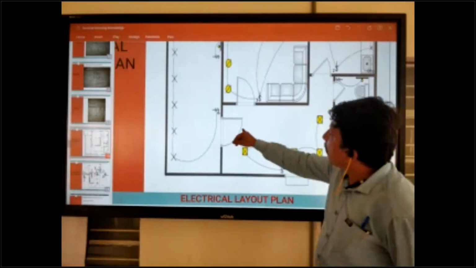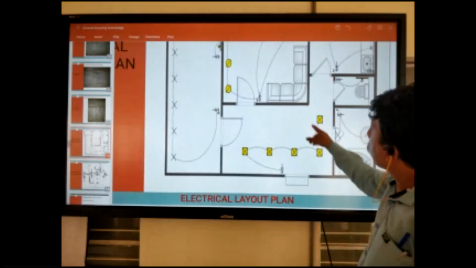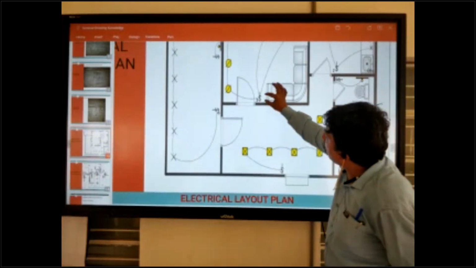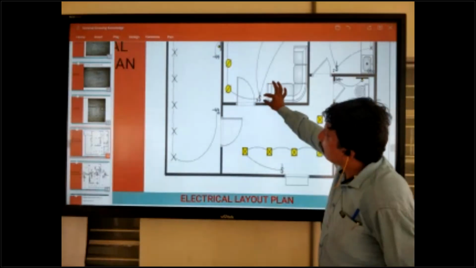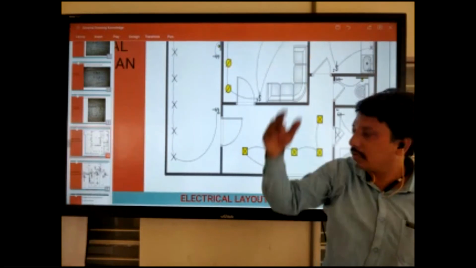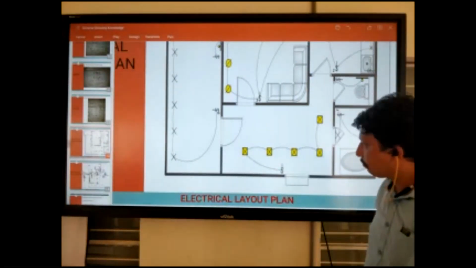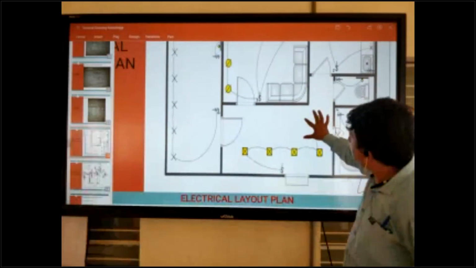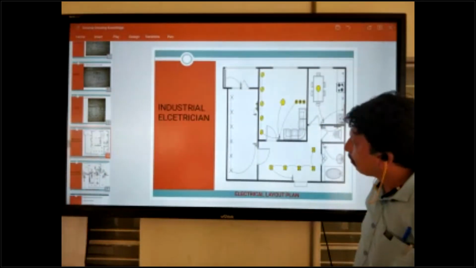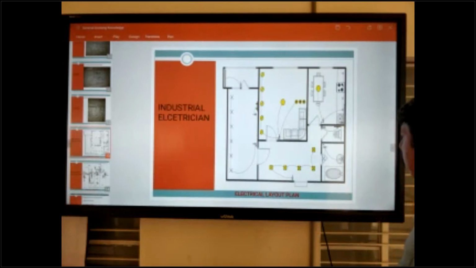Only mention door, wall, lights and switch, because all switch are coming in wall and lights are coming in ceiling or slab. So this is the electrical layout plan, only for electrical mentioned.